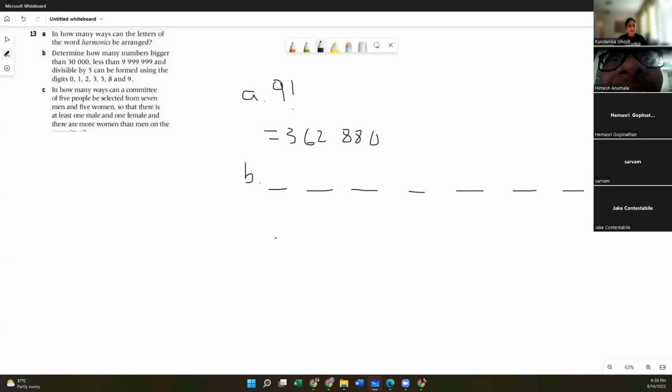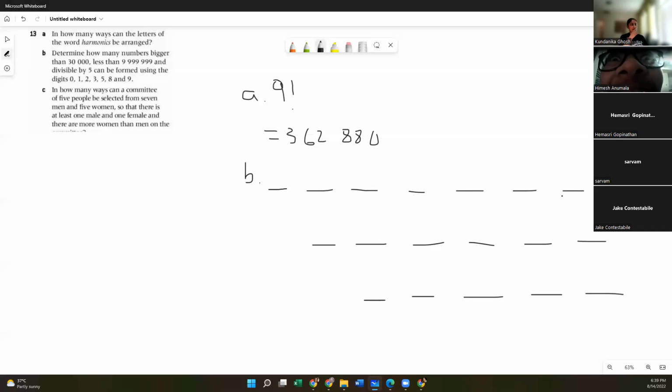So you can have a number that is 7 digits long, or a number that is 6 digits long, or a number that is 5 digits long. Does someone have a question? I heard a mic unmute. Can you explain why it could be 7, 6, and 5 again? Can you say that a bit louder?